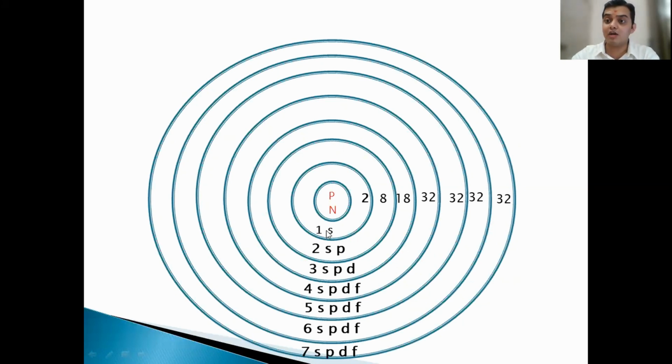Means on the first shell, you have only the s orbital, spherical shape. In the second shell, you have s and p orbitals, spherical and dumbbell shape. In the third shell, you have s, p, and d orbitals: spherical, dumbbell, and double dumbbell shape. And from the fourth shell onwards, you have s, p, d, f, all four orbitals. I didn't show you what the f orbital is. Why? Because f orbitals are very complicated. It is not even explained in our textbook. So we'll see later on. Later on means when you grow up, when you become a research scientist, at that time you can explore it much better. Let's go further.